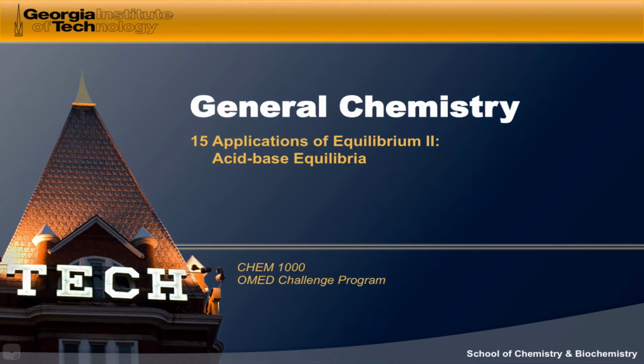In our second application of equilibrium, we're going to step up the chemical complexity a little bit and look at acid-base reactions. Depending on your paradigm, we can think of acid-base reactions as either the transfer of a proton from an acid to a base, or as the donation of electrons from a base to an acid. And in this series of videos, we're going to put acid-base reactions in a chemical equilibrium context and learn how